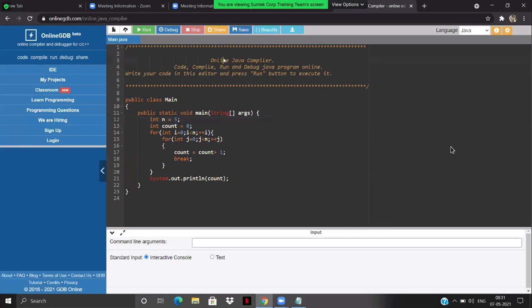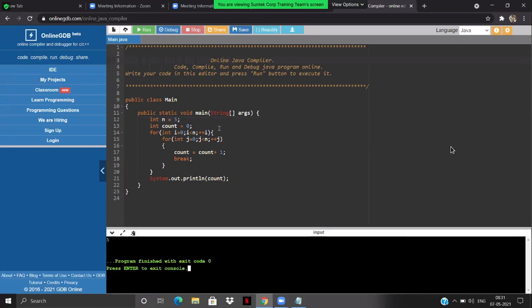Let's try to run it and see what exactly the output is, and then we will discuss that. Okay, so the output we are getting is only 5, right? The reason behind that is because we do have a break statement over here. So ideally, it should break the inner for loop only. It's not going to break the outer for loop, right? So how many times are we going to iterate? n equals 5.